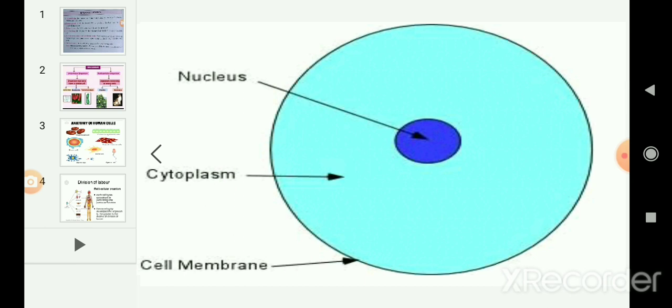And next, what is a cell made up of? If we study a cell under a microscope, we would come across three features in almost every cell. That is, first, plasma membrane or cell membrane, second, nucleus, third, cytoplasm. So in this chapter you are going to learn about these three in a detailed manner. It will be continued in the next session.